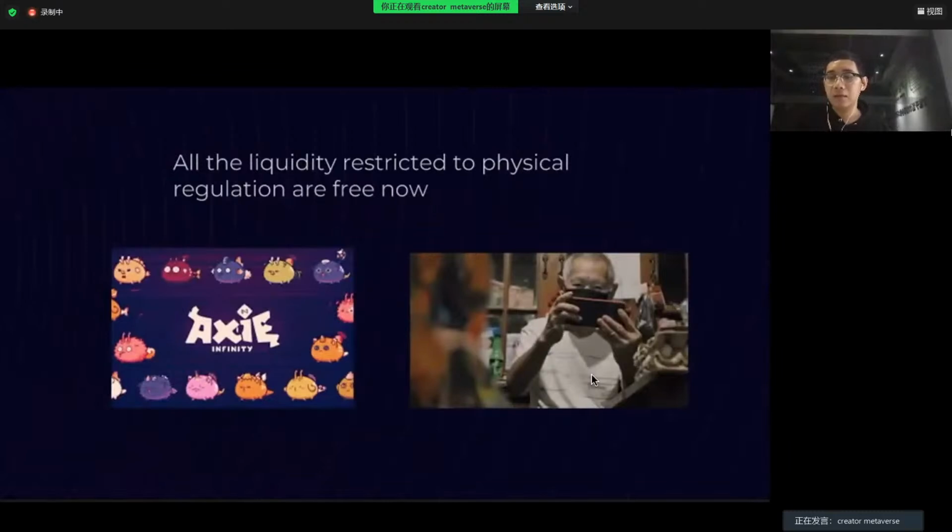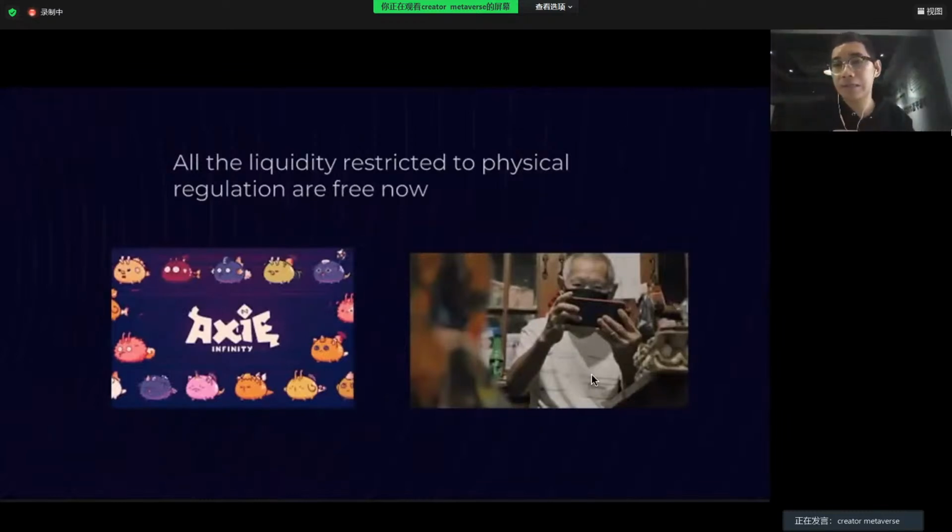We see the decentralized world is connected and it makes the community and the producer have different relationships. Sometimes the community can help you to co-create the games. Sometimes we see the guild can bring you more DAUs.